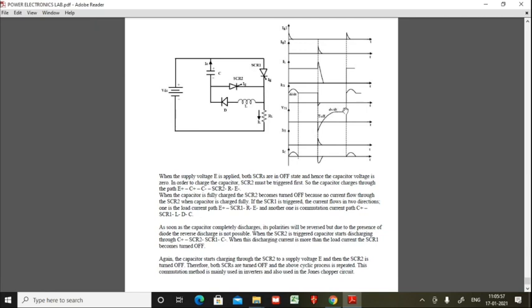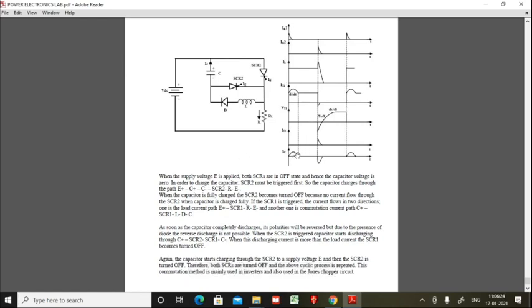What we are trying to plot in this experiment is this voltage across SCR1, which is our TM, and the current here. These steps are written here with respect to this diagram. So this is the working, and it gets repeated, so this cycle happens.